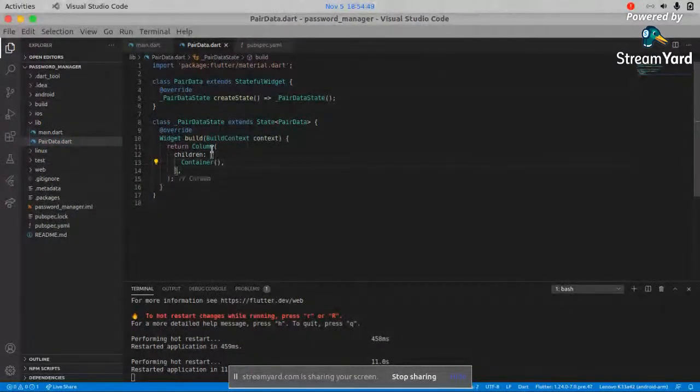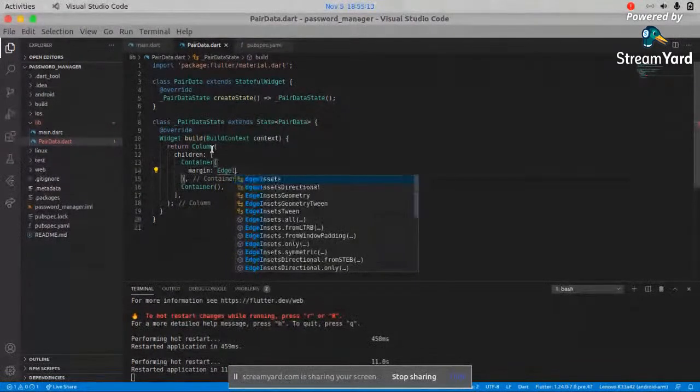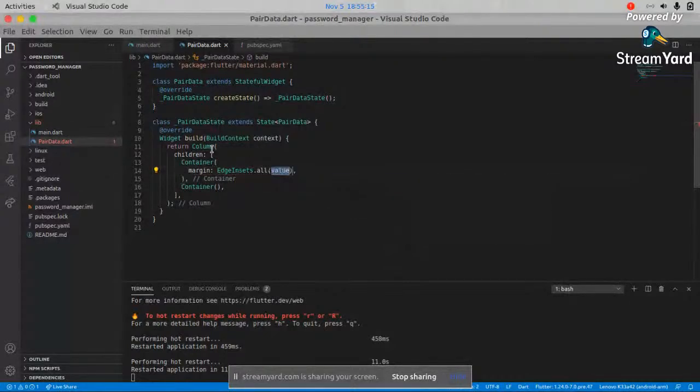I will also go with another container because we need two text fields. So I will be just copying and pasting this code because it's irrelevant. We just have to write domain and password. So I will be giving this margin of EdgeInsets dot all 8, and